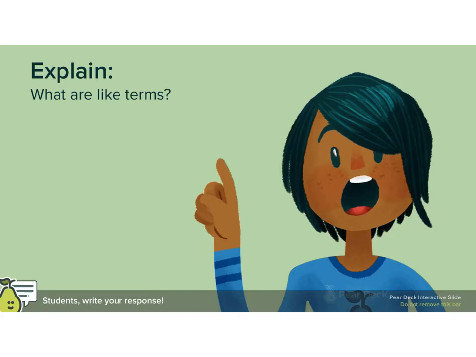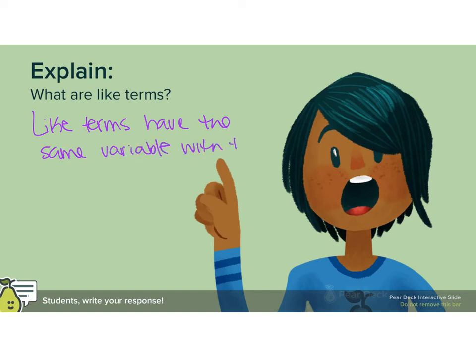So final question, what are like terms? You should be able to articulate now that like terms have the same variable with the same exponent. I keep saying coefficient. With the same exponent. There's really no other way to answer this question. If you don't have the words variable or exponent, I'm going to push you to go back and add that